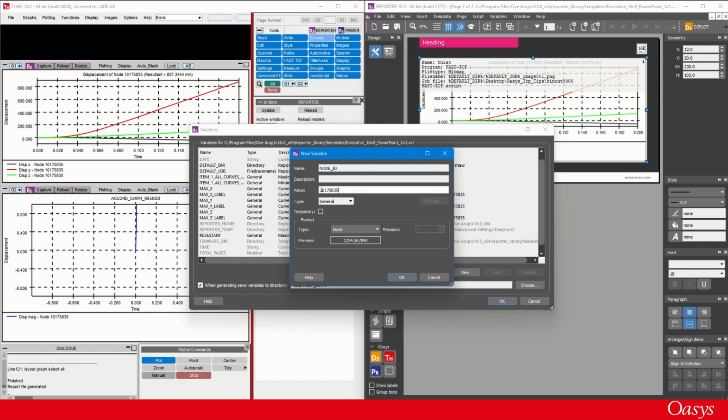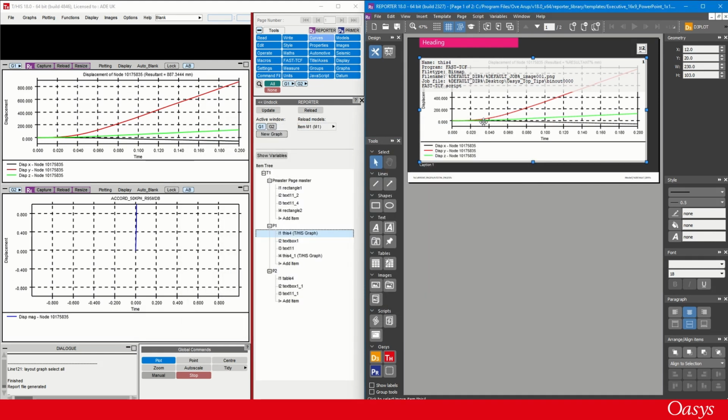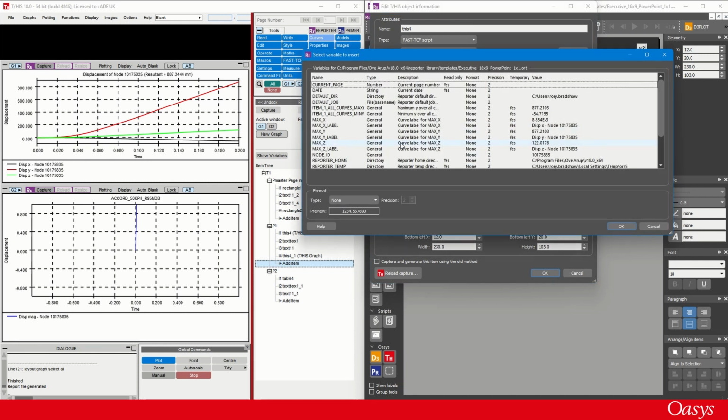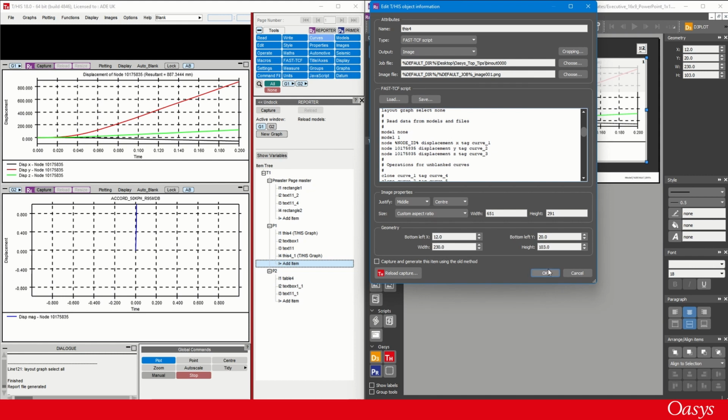And then I've actually already got that value copied and pasted there. So that's the ID of the node. And I'm going to look in the script here. I'm just going to find where that appears. And actually what I'm going to do is only replace it in one location. But you could of course replace them everywhere, but I'll show you a little trick. So if I replace that there and click OK,